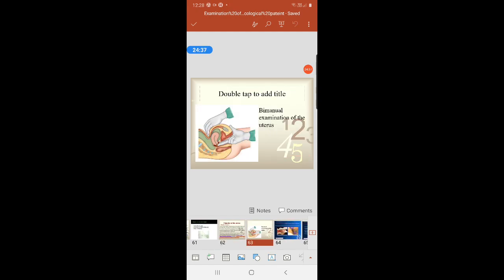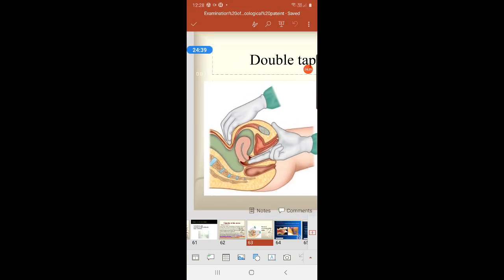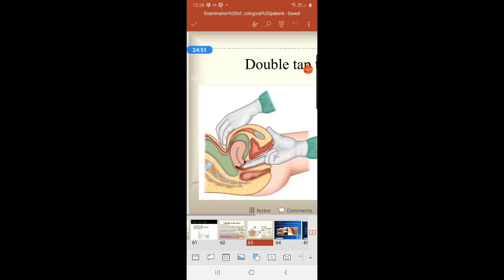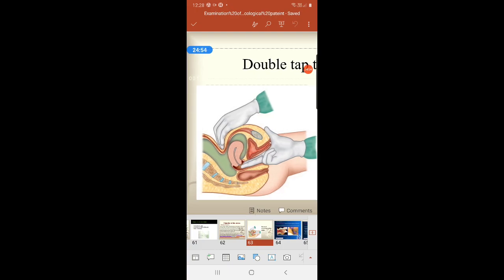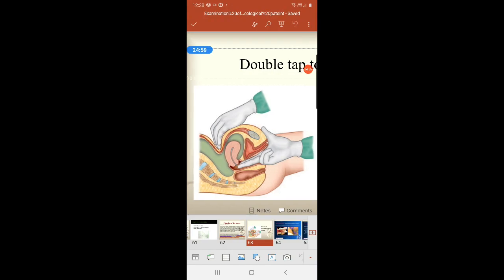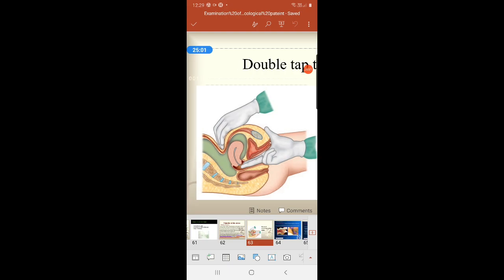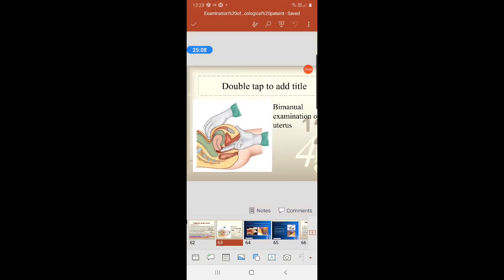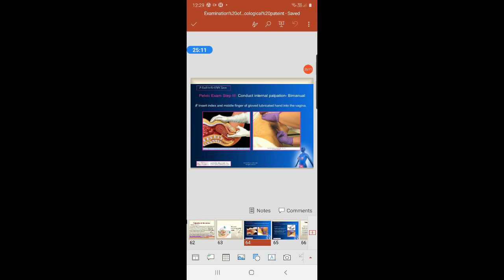See, this is a method of palpation of the uterus. You can see here two fingers are placed in the vagina, and one hand is above, in the abdomen, on the pelvic area, that is on the hypogastrium. With these two hands we are exerting pressure: the internal fingers exert upward pressure, and the external hand exerts a downward pressure, so that we can feel the uterus properly in between the two hands.